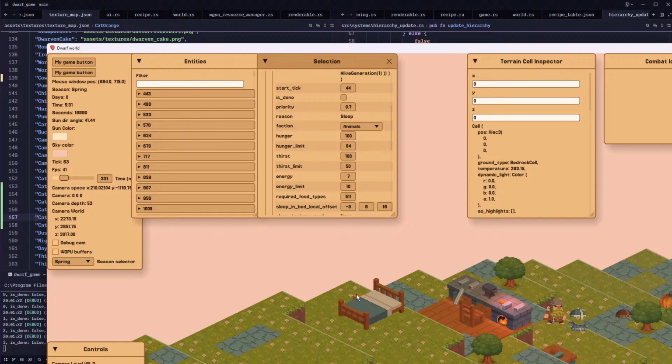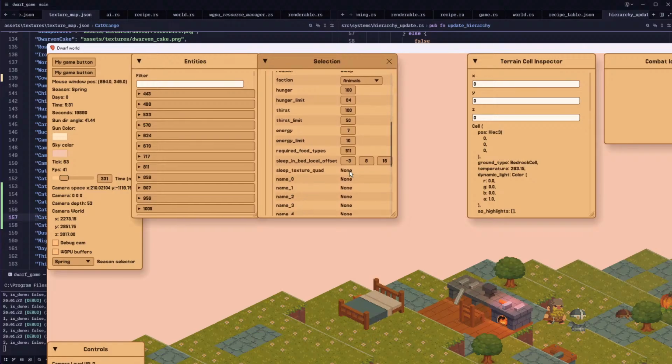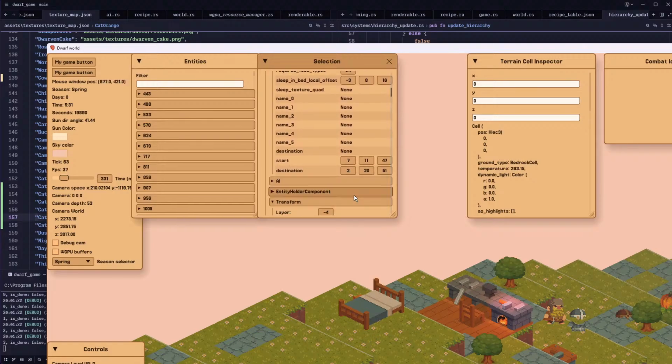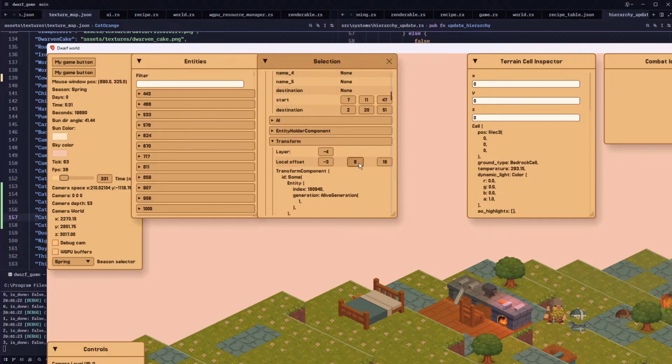Okay, this offset didn't work. So let's not this offset. Transform -3816 didn't work because of various things. I think it's because it has a different